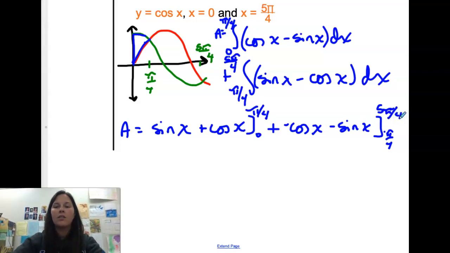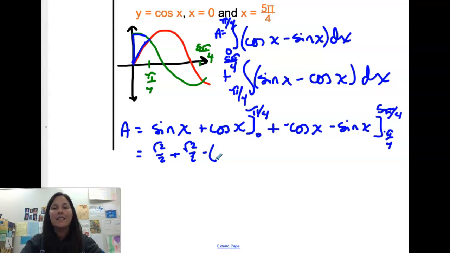All right, we are going to use our trig knowledge to simplify these, and the pi over 4s aren't bad. That's where it's square root of 2 over 2. So sine of pi over 4 is root 2 over 2. Cosine of pi over 4 is root 2 over 2, minus parentheses. Sine and cosine are not both 0 at 0, so we don't just cancel these out. Sine is 0, but cosine is 1,